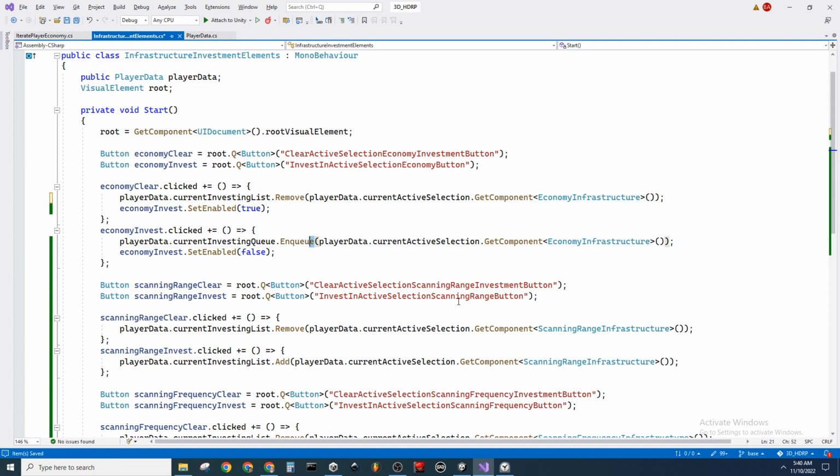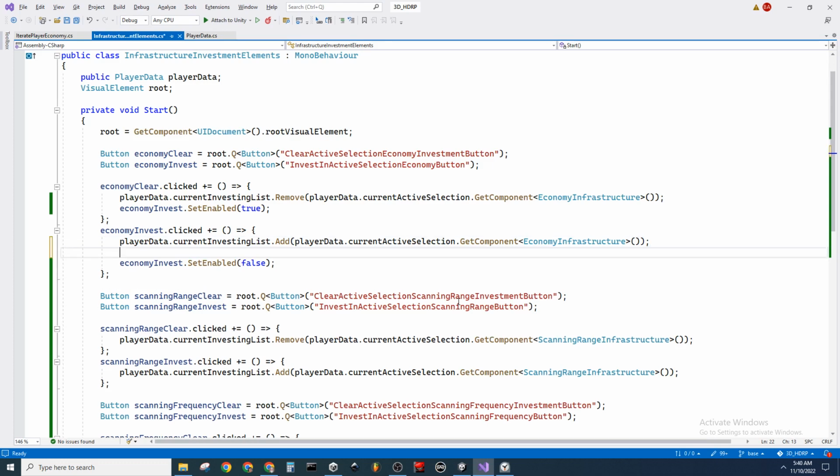Same thing here, we are saying list.add, or adding this component. And so now we're at economy invest, clicked, adds it to the list, but it also has to take the queue and